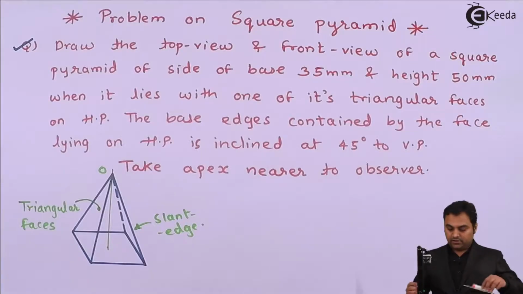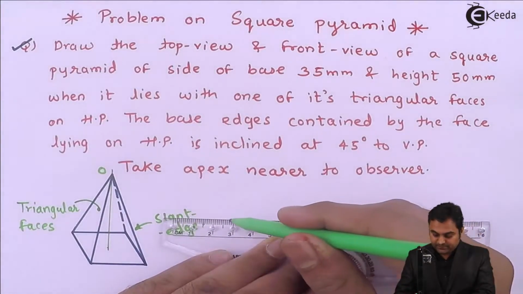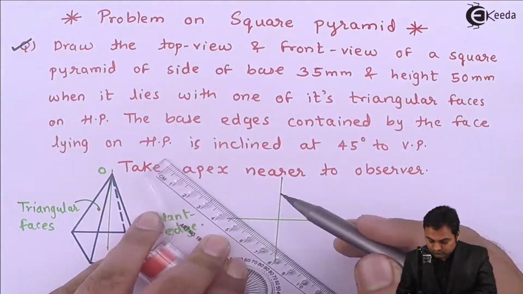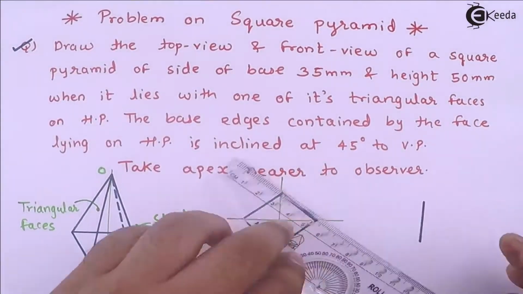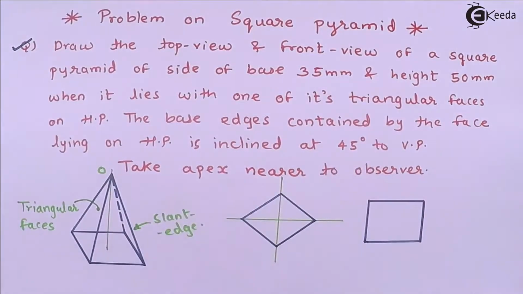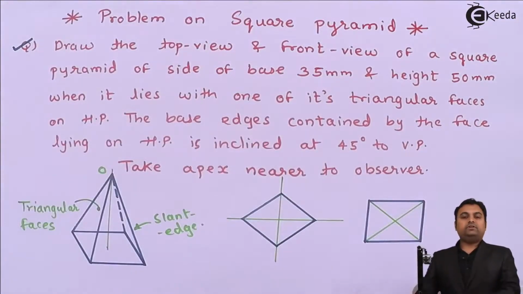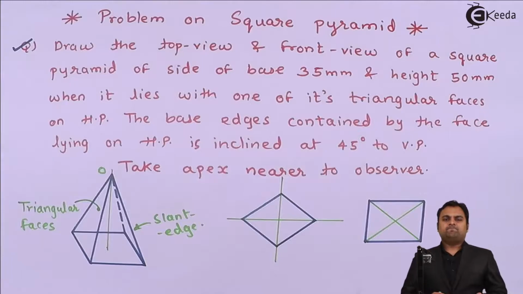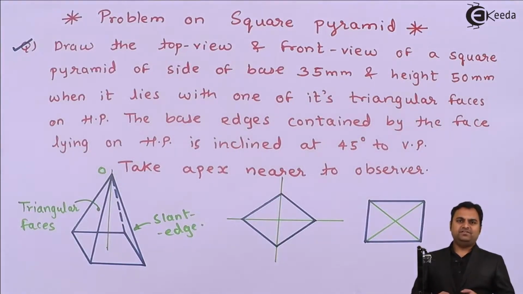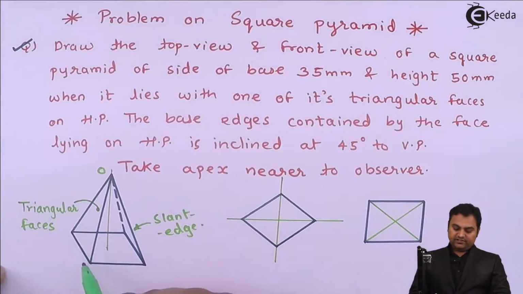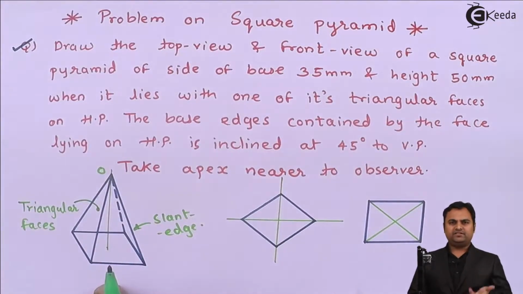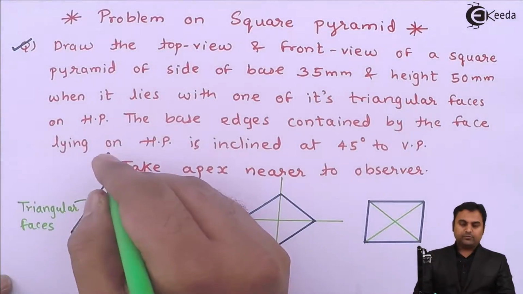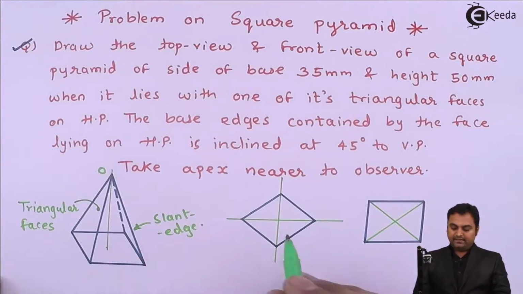That is, first I'll explain that the square can be drawn in 2 different ways. Now, there are 2 ways in which the square pyramid can be drawn. And since it is resting in HP, it means from the top view, we are going to see a square because it is resting in HP. And in the front view, we are going to get the slant edges. So if I consider this pyramid to be resting in HP, then looking from the top, it will appear as a square, and that square can be drawn in